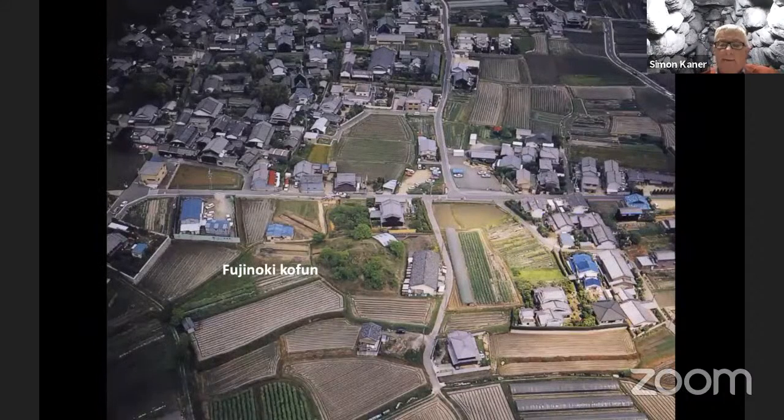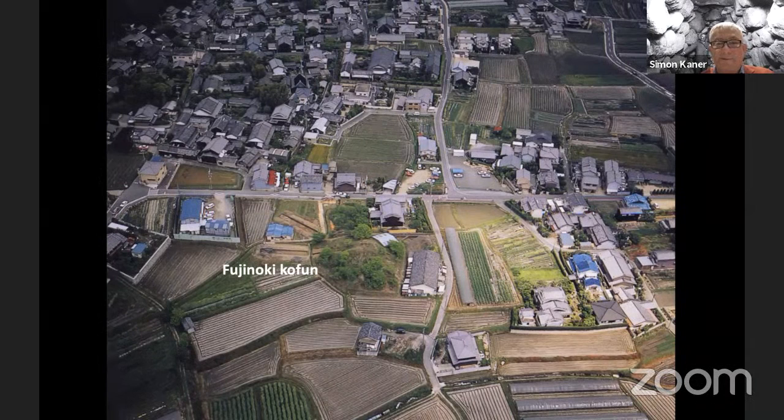So let's begin with one of the relatively recent discoveries of Kofun for you. And this is the Fujinoki Kofun that was investigated in the 1980s in Nara. It's a small mound. I think you can just see the outline of the mound there, a small circular mound, inside which there is a megalithic burial chamber with a passage. It's a passage grave, so there's a stone passage that leads into the burial chamber where there was a stone sarcophagus.